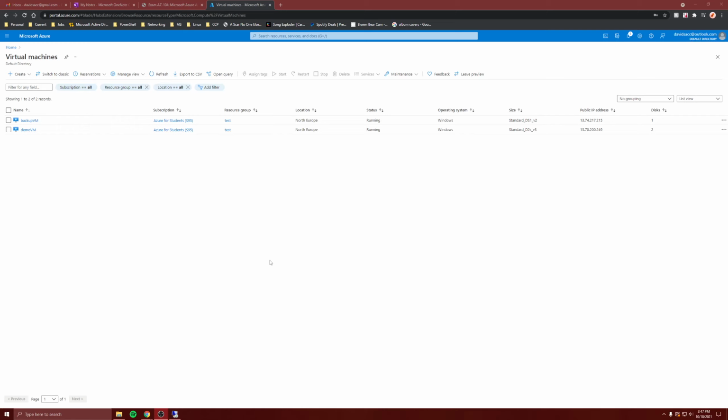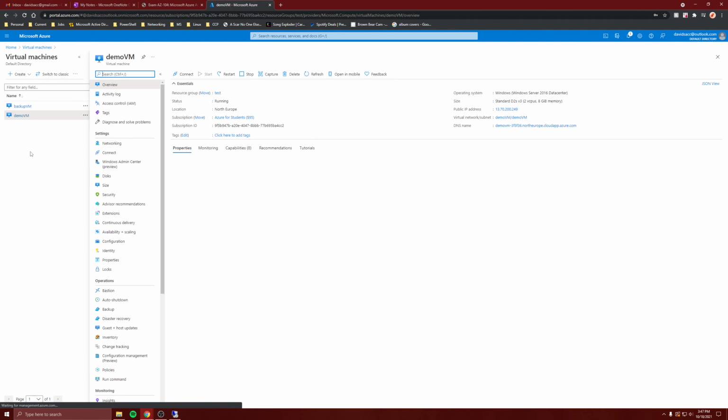For this video, I'm going to show how to create a data disk snapshot. So first, you're going to need two virtual machines. I created two, and they're both running, and they're in the same location, which is important. So if you go to this one,